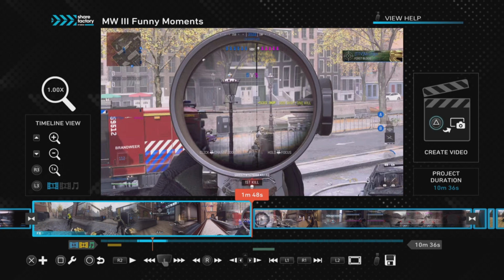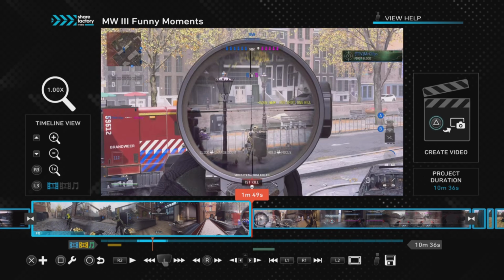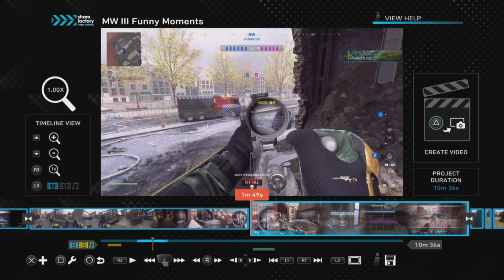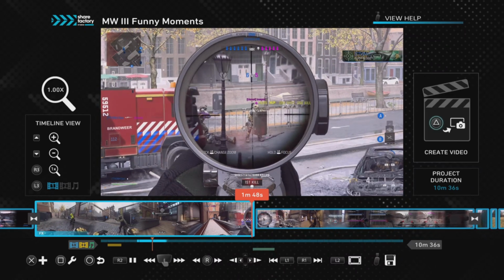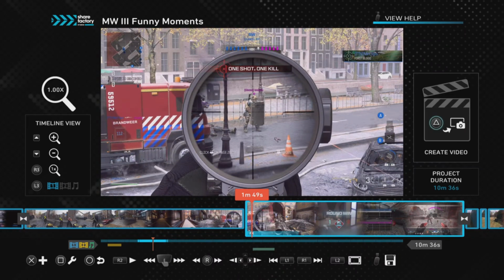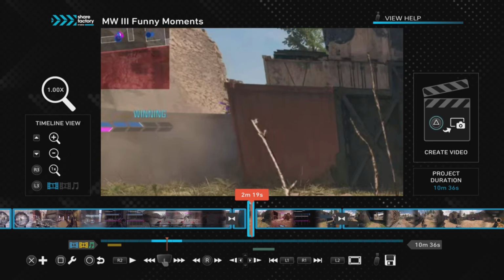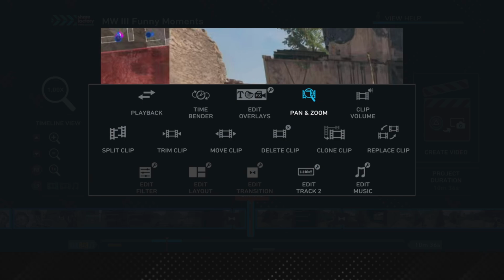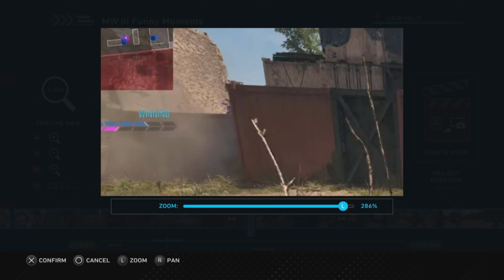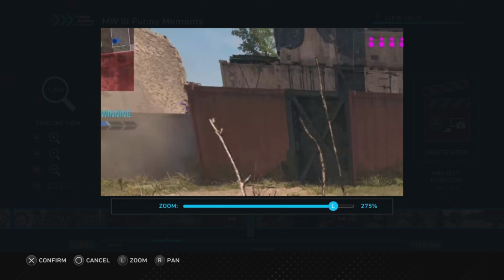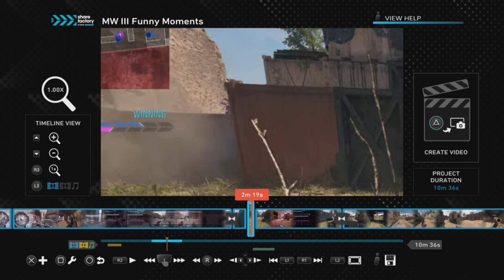And I'll also show you guys how to do that in a minute. But I added that right here, and I didn't like it, so I took it out, and it still goes really clean. Another thing is, you can zoom on here. It's like zoom in, zoom out, and you can make it wherever you want.